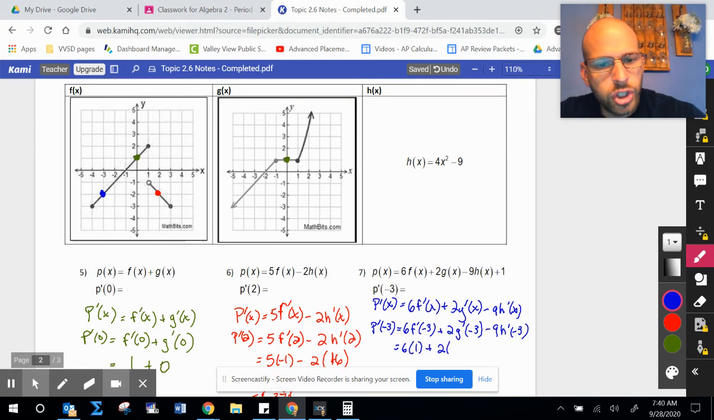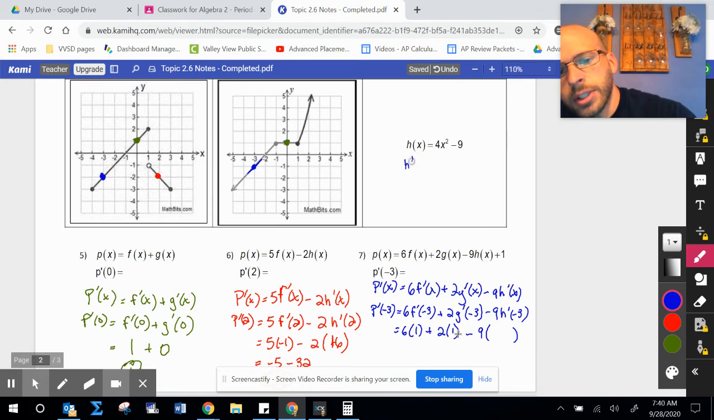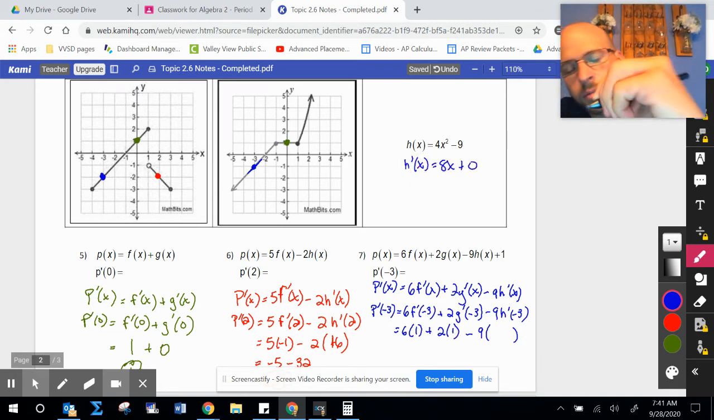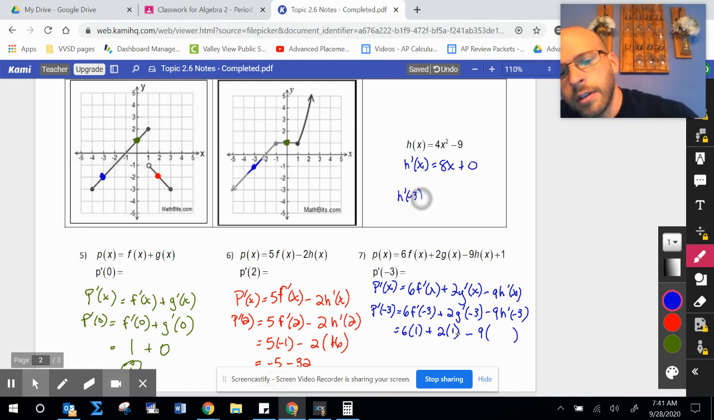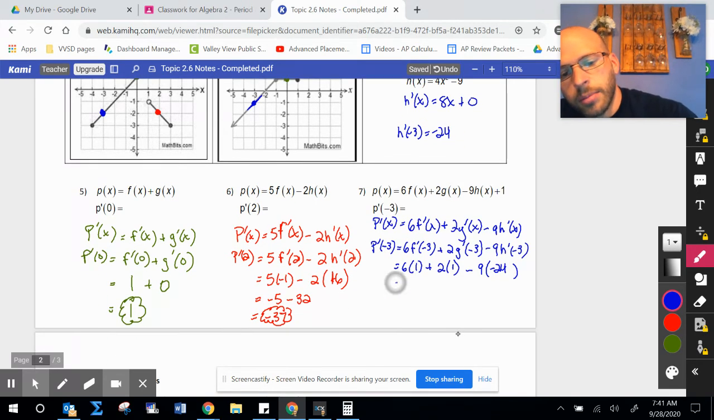The slope of g at negative 3 is also a positive 1. And the slope of h at negative 3, well, we have to figure that out. Remember, we said h prime of x was an 8x, and the derivative of 9 was 0. So if I plug negative 3 into that, that's going to give me a negative 24. So I'm going to get 6 plus 2